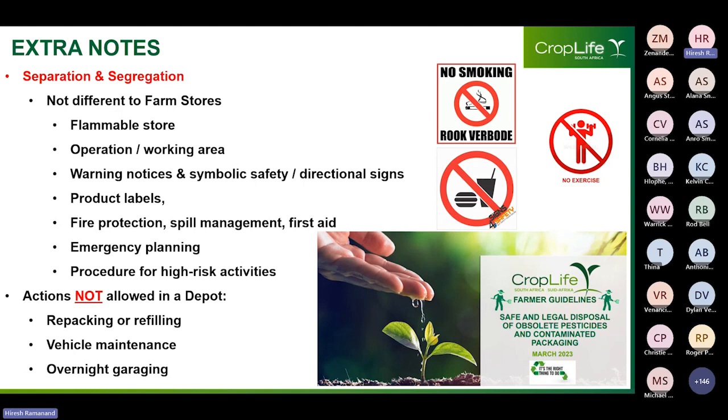For this purpose, there is a guideline available on the container management page via the CropLife SA website titled Guidelines for the Disposal of Obsolete Pesticides and Contaminated Packaging. Now, where obsolete pesticides and contaminated packaging is safeguarded, and if the hazmat company has to safeguard before transporting for thermal destruction, then expect much